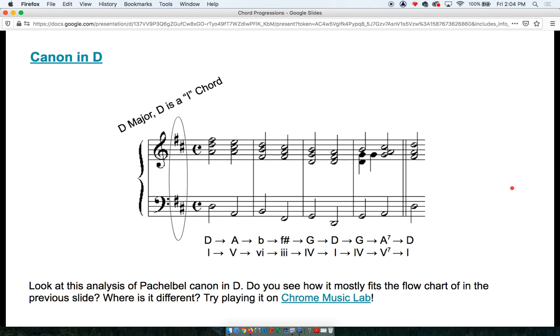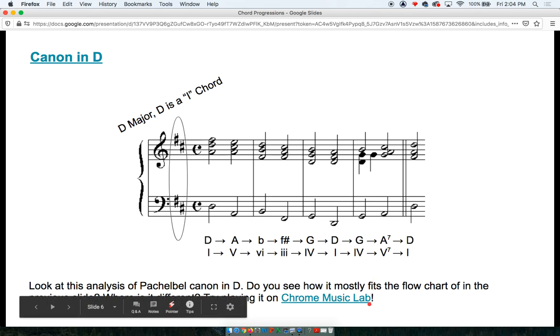Now here's Pachelbel's Canon in D. You can see how he kind of follows the pattern. So I want you to study this. You can play around with it in Chrome Music Lab and see what you think. You can try and play it. So for example,